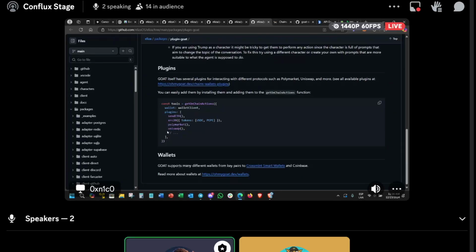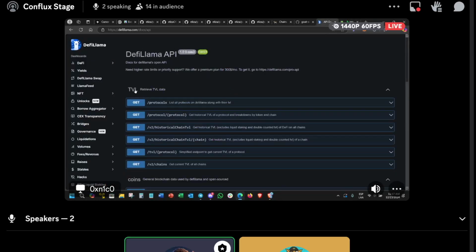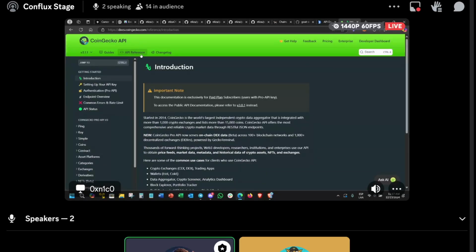There is also a Uniswap plugin that maybe can be adapted to Swappy, for example, but doesn't work out of the box. But the ERC20 and SendEth plugins should work out of the box. Then another resource you might need and that is very interesting to implement on your agents is using the DefiLlama API to fetch TVL data, for example. So the agent can actually get useful metrics. And another one is the CoinGecko API for tracking prices. So these are some of the resources available, but there are lots of them.